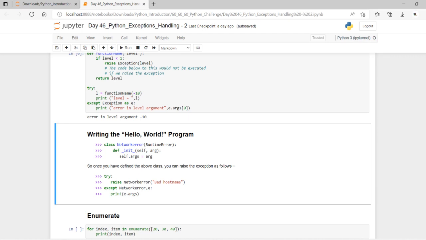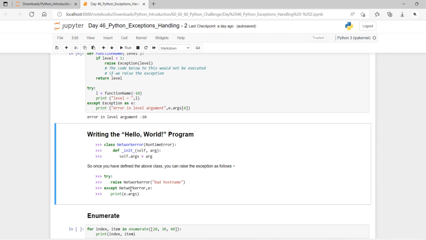In the try block, the user defined exception is raised and caught in the except block. The variable e is used to create the instance of the class. Here it is network error.